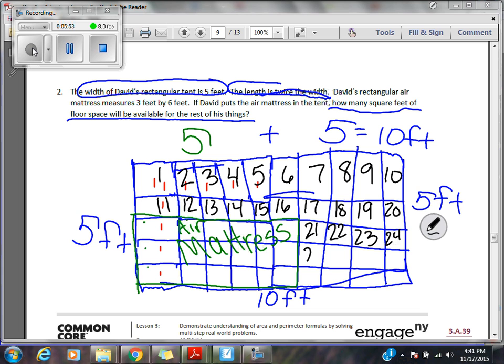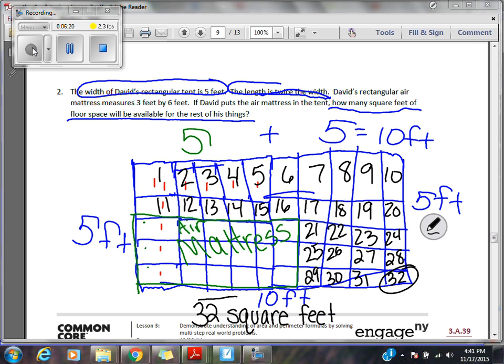So far there's 23. I'm counting around the green part. So as you can see, I was able to count to the number 32. So David has 32 square feet